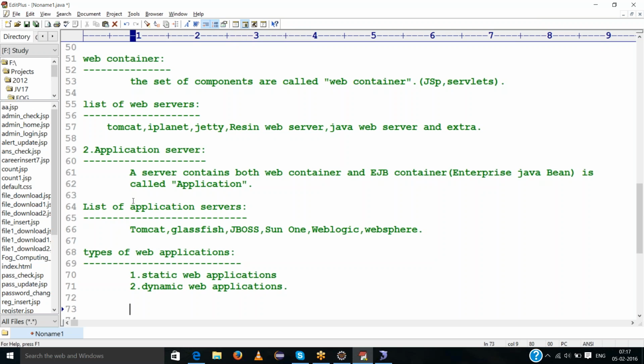But here, most people say JSP container and servlet container. Don't call them JSP container and servlet container. It is wrong. Simply call it web container.